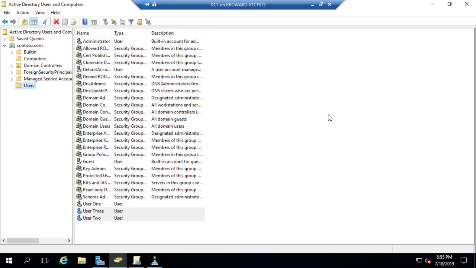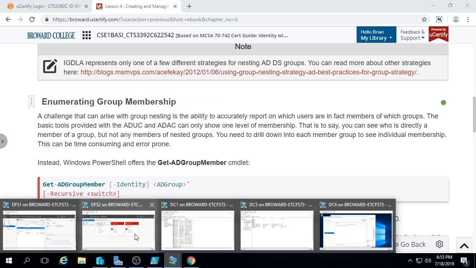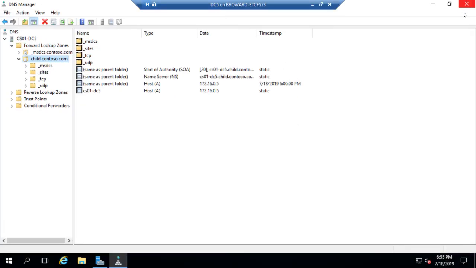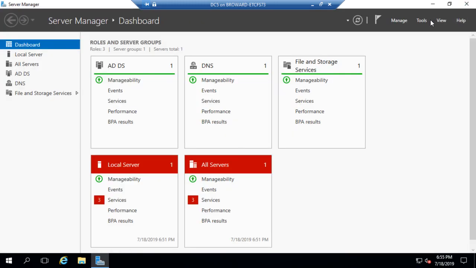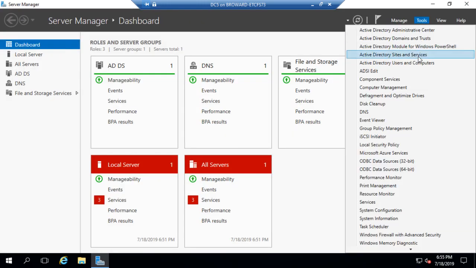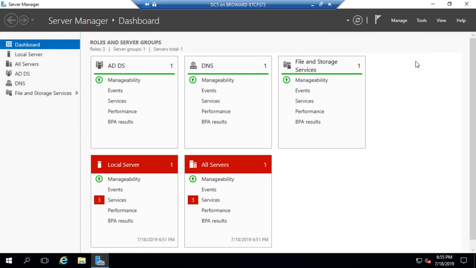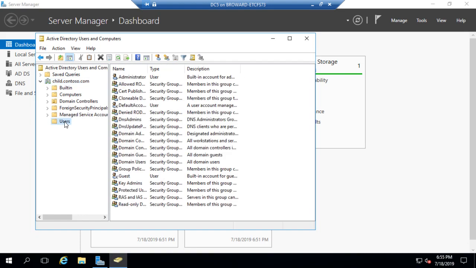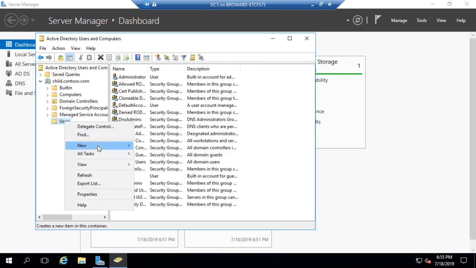So I created 3 user accounts on the parent domain. I'm going to go to DC5 and create 3 user accounts on the child domain. My goal is to have all the user accounts, regardless of the domain, be able to access that shared folder. I'm going into Active Directory Users and Computers, and again,